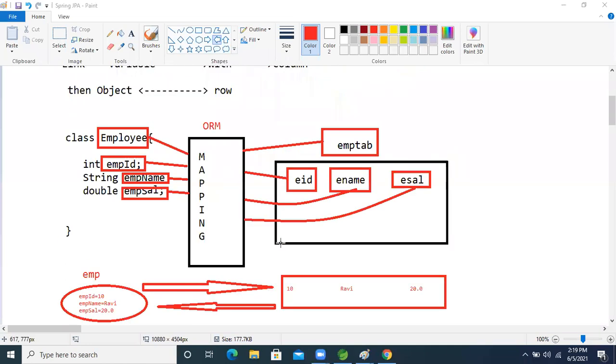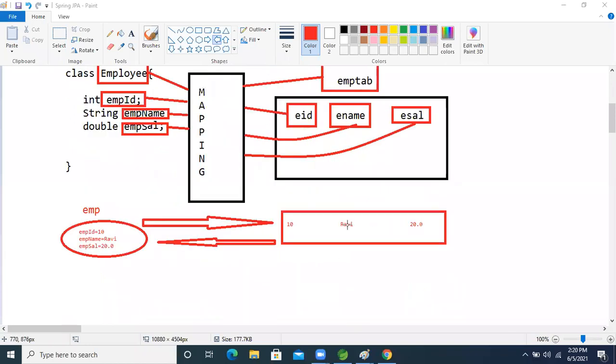Okay, guys. So now, fine. Class Employee is there, right? EMP ID, EMP name. What rules are we following now? Mapping rules, right? We need to follow mapping rules, and by this operation, taking this Java object, it will convert it into a row format, means it will store in the database. And whenever we perform a select operation, the row will convert into a Java object.